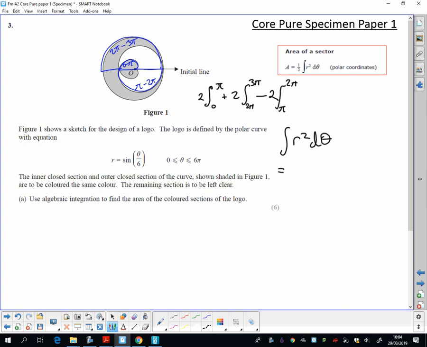So that's going to be the integral of sine squared theta over 6 d theta. Now this should be familiar to you from your maths A level. So if we see a sine squared, a useful thing is to use a double angle formulae to think about that. So you can remember that cos 2a is the same as 1 minus 2 sine squared a. So if you rearrange that,